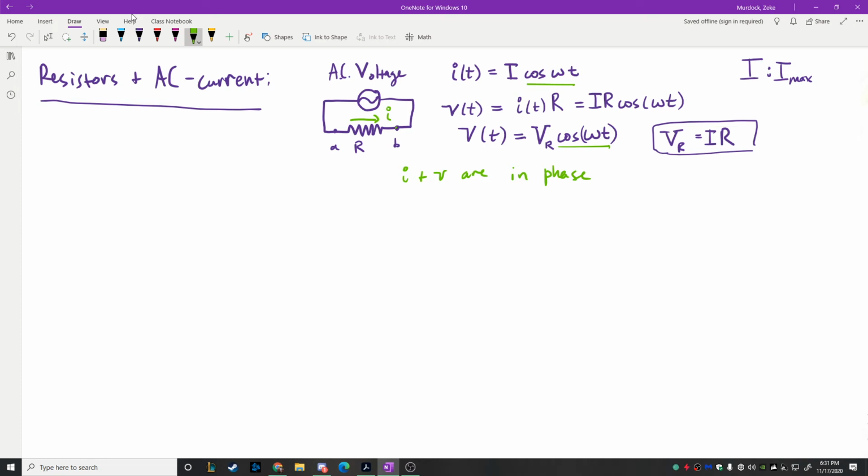Pretty simple, right? So the current in this system is going to flow to the right, and then it'll drop to 0, and then it'll flow back to the left, and then it'll drop to 0, then it'll flow back to the right, and it'll just repeat that, oscillating back and forth, just as you would expect. And the current will always be in phase with the applied voltage. Okay? Now, if we draw that on a phasor diagram,